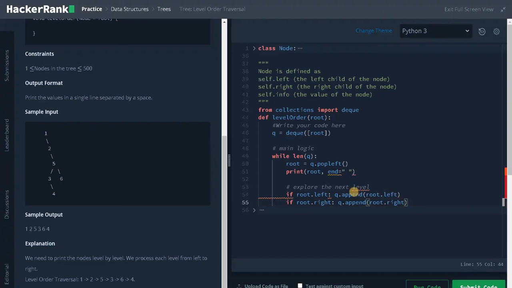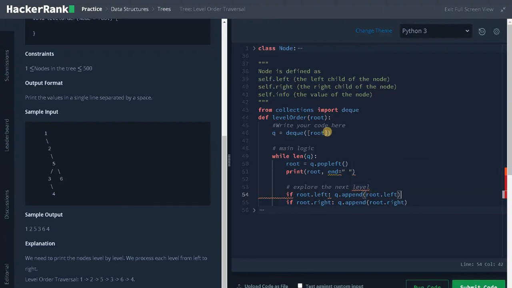Now we have added both the elements of the next level. If it has no level means it will just directly go to the next while loop and check for the condition. If it has some levels and the level has some nodes means it will explore the nodes further. And as you can see, I'm just finishing the if condition in a single line. You can use the syntax like I did here. It is only useful for one statement. If you have multiple statements means you need to go for the normal structure, and that completes our logic.